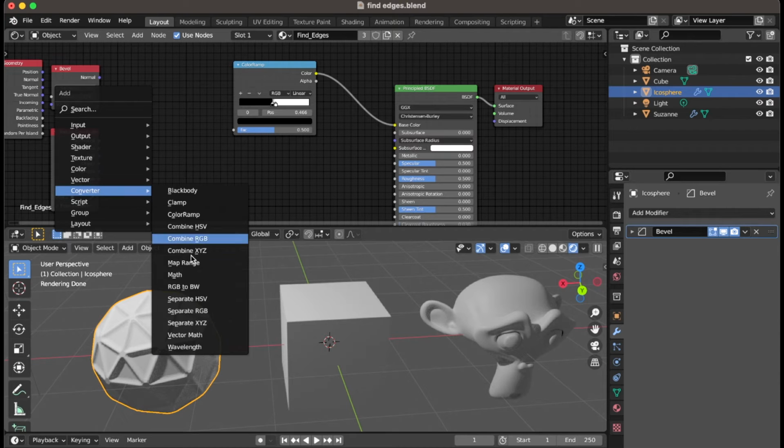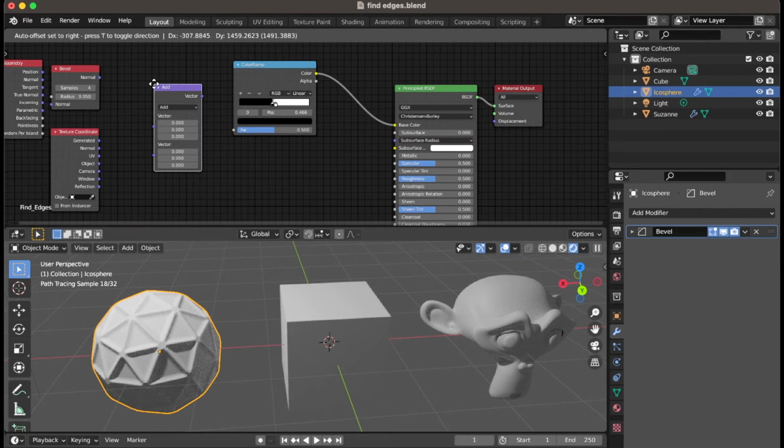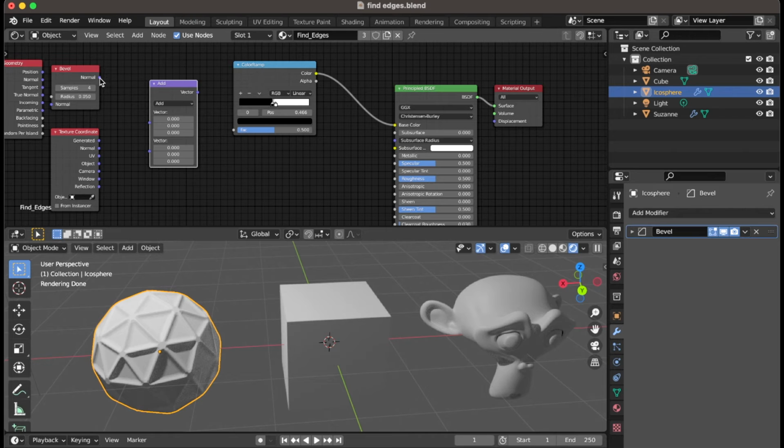Maybe it's under converter. You get the math node, and then you also get this guy over here, which is called a vector math. I'm going to plug the bevel into one of the vectors, and then the texture coordinate normal into